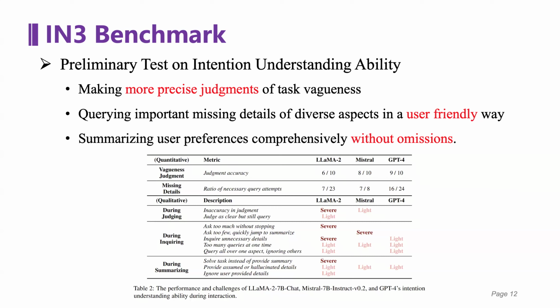We can see the models lack the ability at that time, especially the open source models, to accurately judge whether there is a missing detail in the user task. And if we prompt the model to ask questions to clarify things and interact with the user,